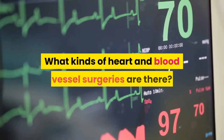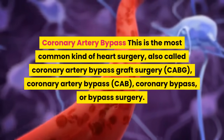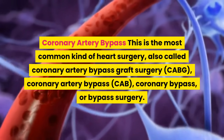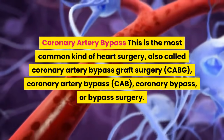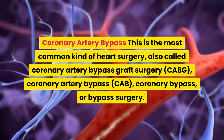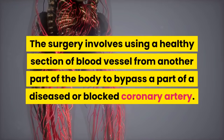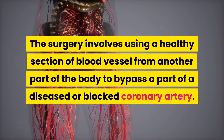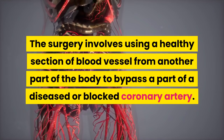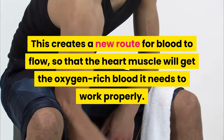What kinds of heart and blood vessel surgeries are there? Coronary artery bypass. This is the most common kind of heart surgery, also called coronary artery bypass graft surgery (CABG), coronary artery bypass (CAB), coronary bypass, or bypass surgery. The surgery involves using a healthy section of blood vessel from another part of the body to bypass a part of a diseased or blocked coronary artery. This creates a new route for blood to flow, so that the heart muscle will get the oxygen-rich blood it